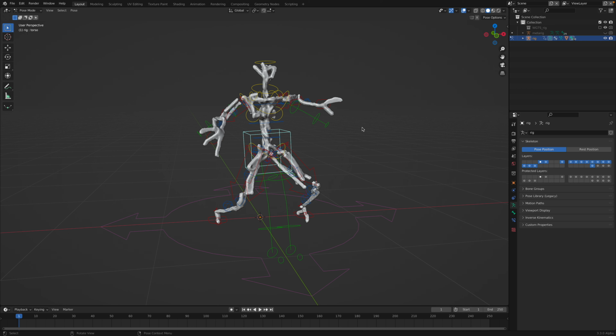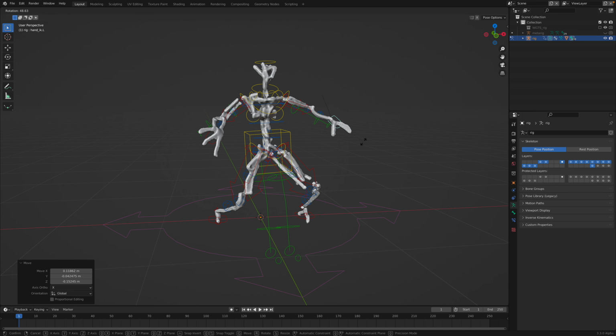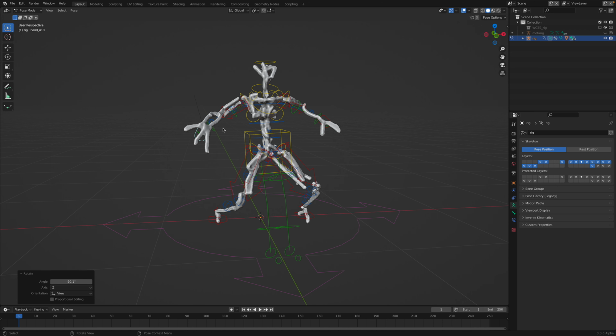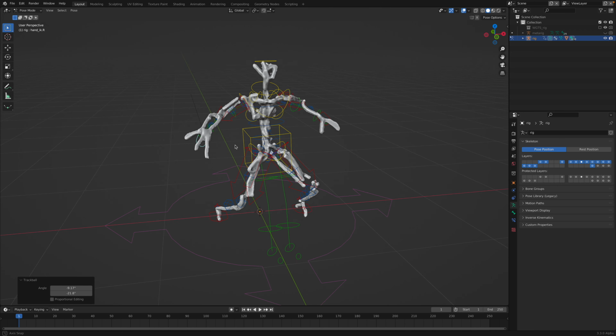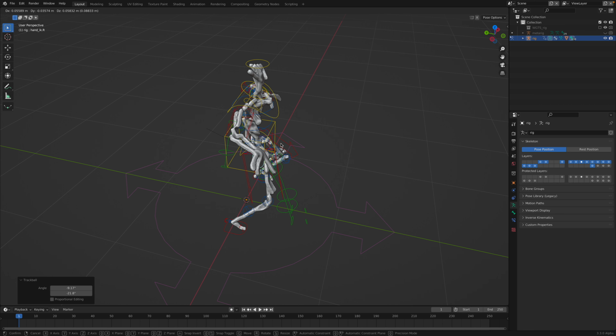Today I want to show you a kind of brute force technique to create an abstract looking character. Normally, if you're an animator doing 3D animations, you usually have a character that's already